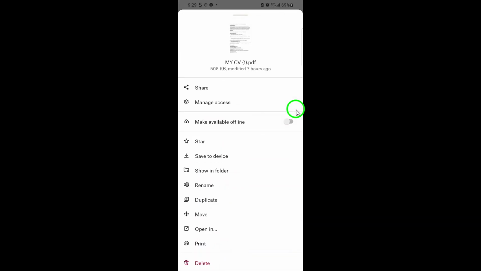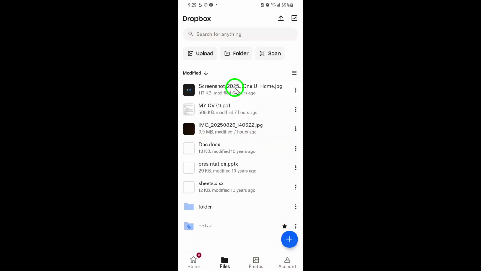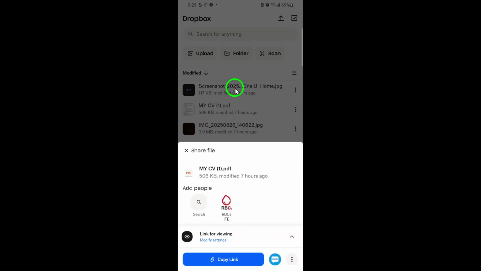In this menu, you'll see several choices, but the one you want is Share. Tap on it, and it will open up the sharing options. Sometimes Dropbox gives you multiple ways to share, but here's the key step. Tap on Copy Link. This action copies the direct link to your PDF file's location in your Dropbox folder straight